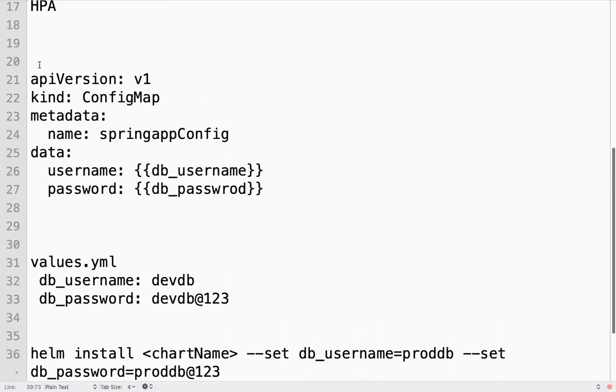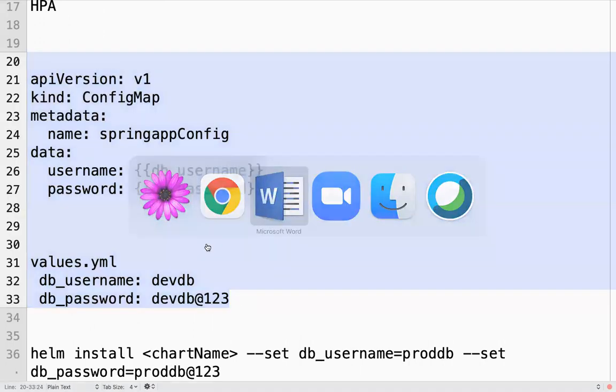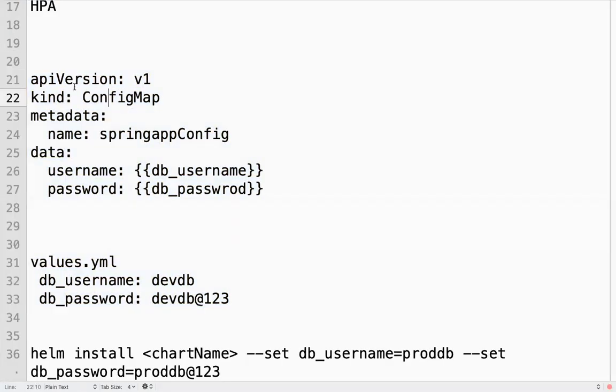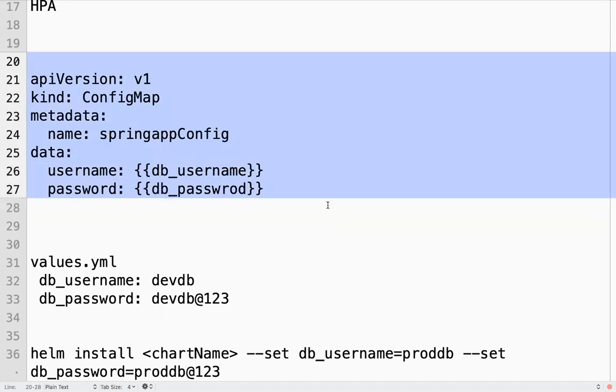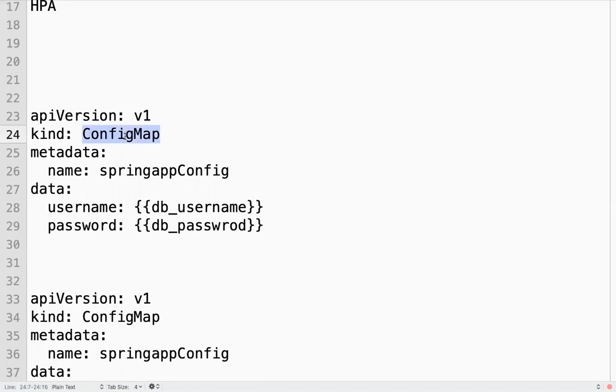This is basically a Helm chart, which will contain two things: templates and values. A template can be anything. Suppose you want to deploy one application. You may need to create a deployment. You may have a deployment file, the template.